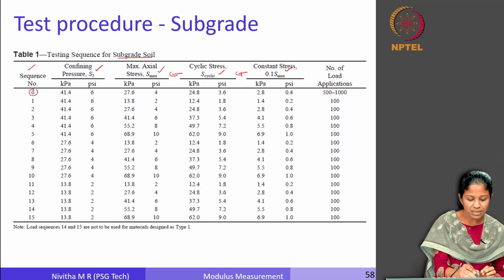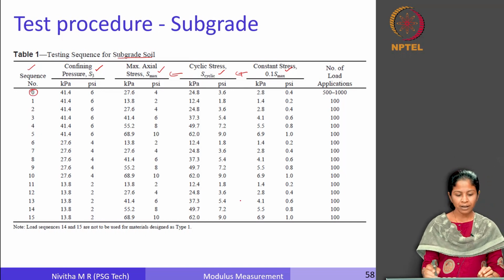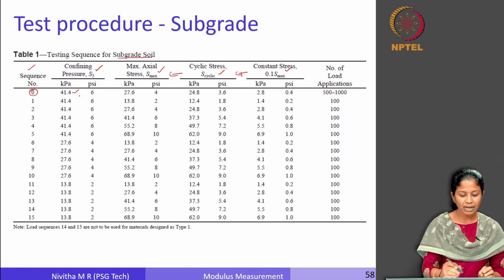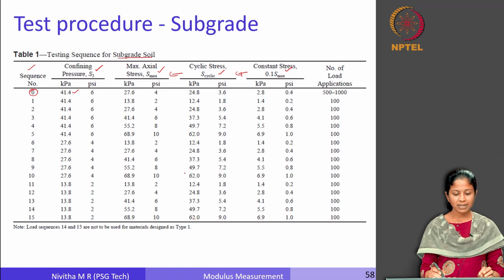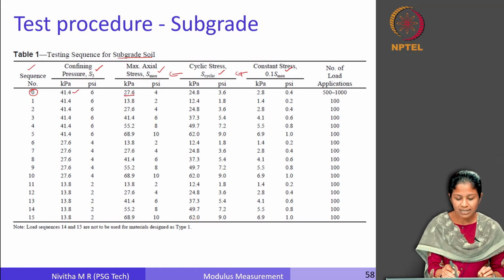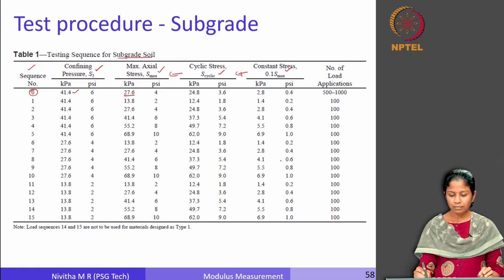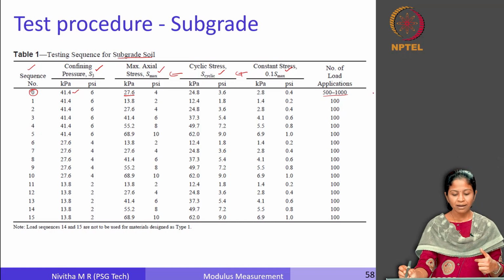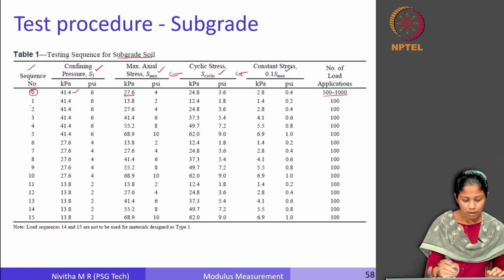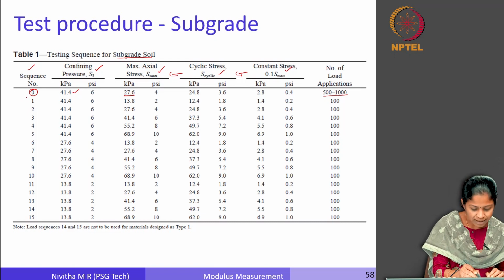So, the first sequence, number 0, is kind of a conditioning. We have a confining pressure of 41.4 kilopascals. The maximum axial stress is 27.6, right. So, this is cyclic and this is the constant stress or the contact stress. So, we apply somewhere between 500 and 1000 repetitions. This we have already discussed. Then we have 3 cycles of 5 different load repetitions. So, we can see here,